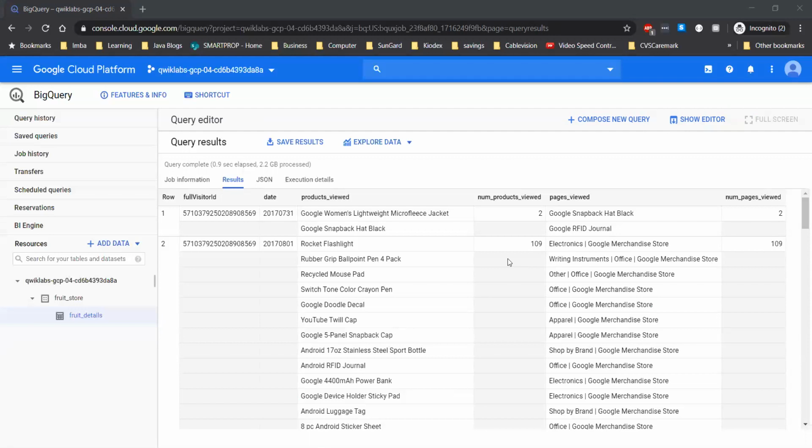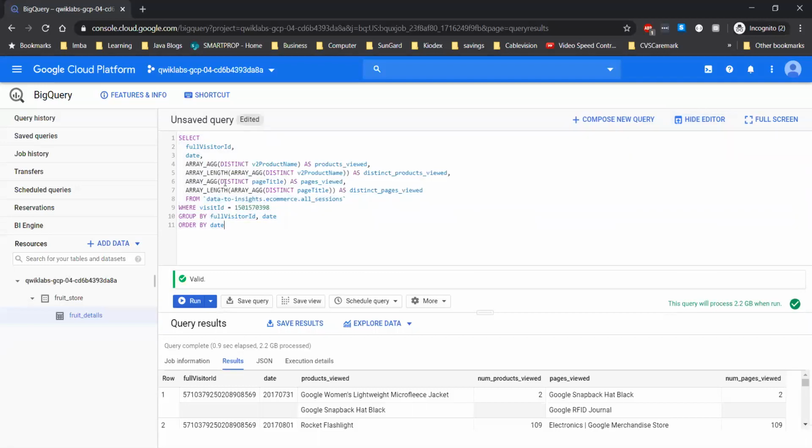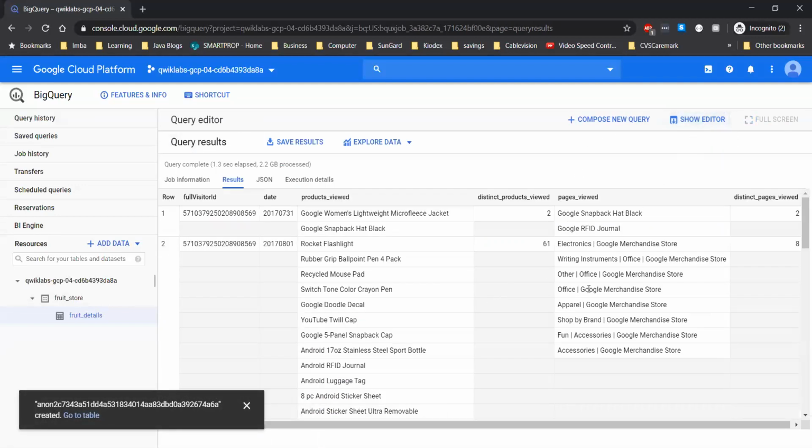Now let's take this a step further and find distinct aggregates of an array. We don't want to take into account duplicate visits or duplicate product views. So let us go back to our editor here. And now we are trying to say distinct page title as well as distinct product name. Again, this will return 2.2 GB of data. Let's go ahead and run this. Let's hide our editor and see. Now, if you see here,